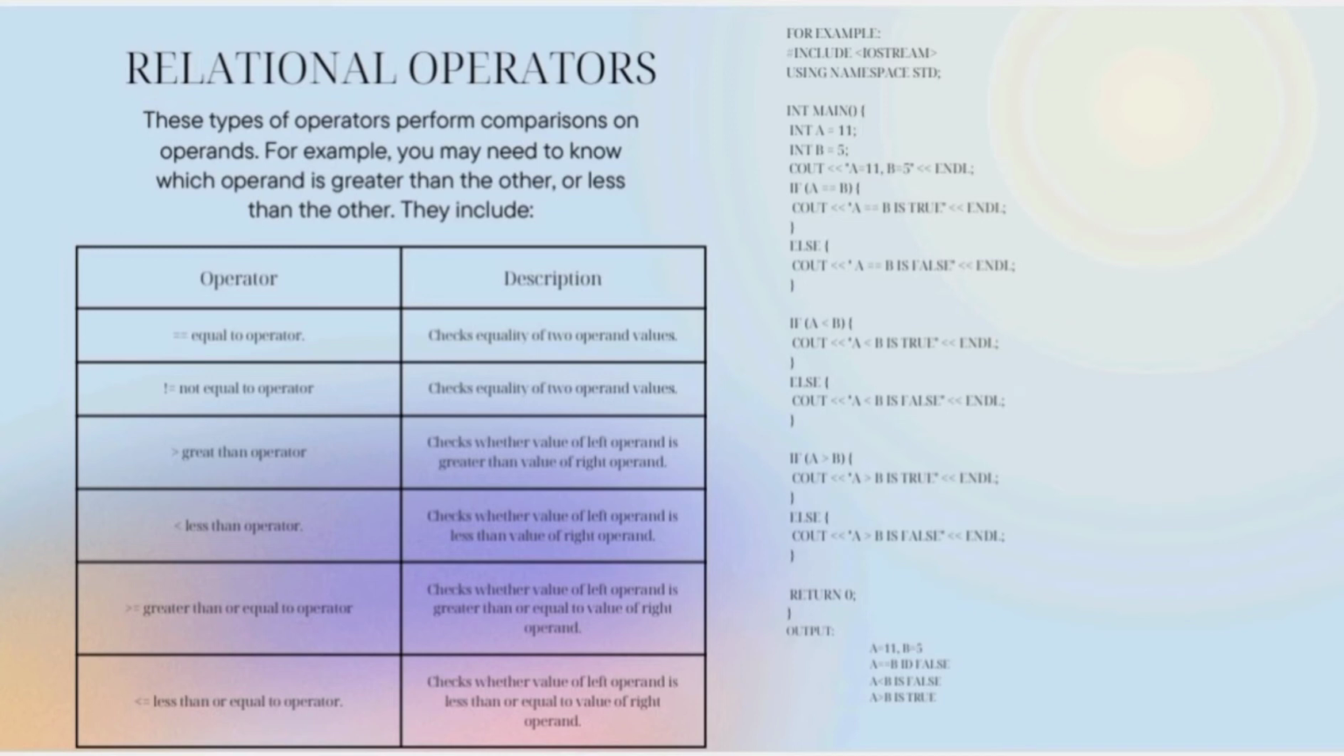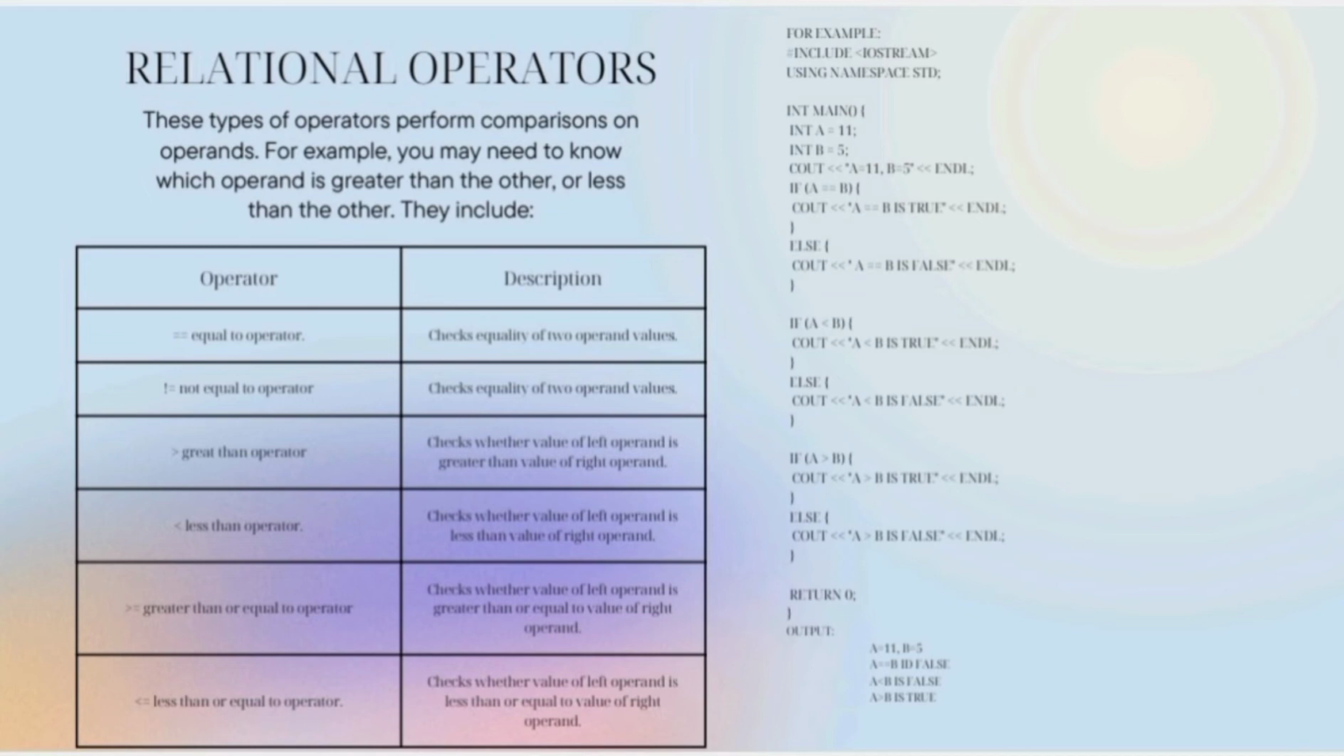For example, #include <iostream> using namespace std; int main() { int a = 11, b = 5; cout << "a = 11, b = 5" << endl; if (a == b) cout << "a == b is true" << endl; else cout << "a == b is false" << endl;